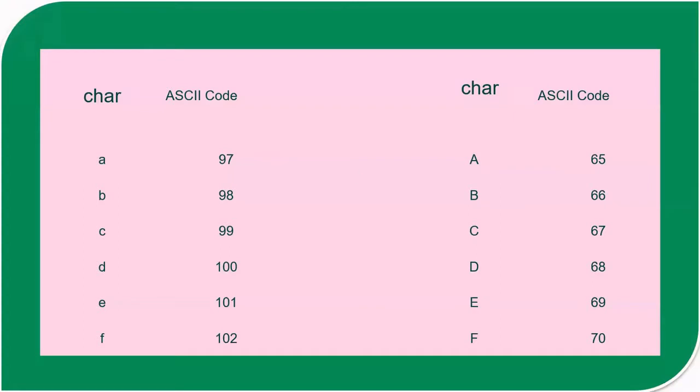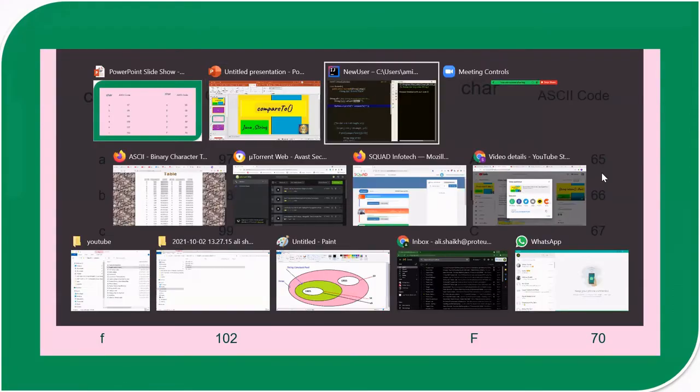What's an ASCII value? See, the character small a has an ASCII value of 97, and that's how it goes: a, b, c is 97, 98, 99. And for capital A, it's 65. So that's how it goes till Z: 65, 66, 67. The compareTo method compares the ASCII values of the characters.